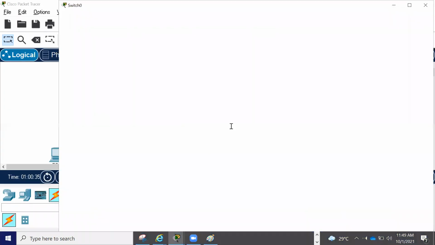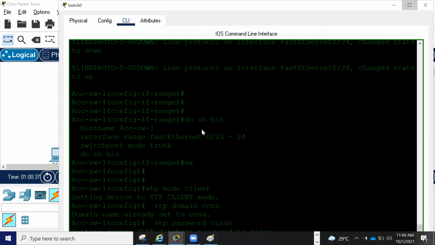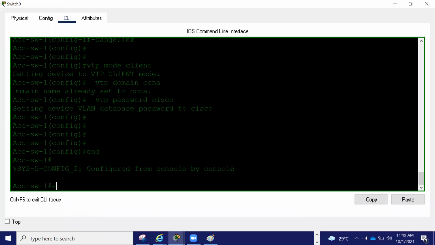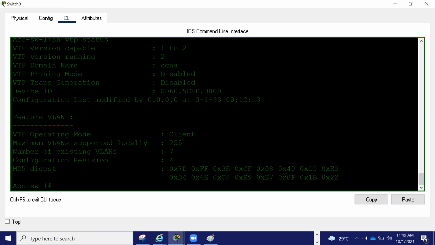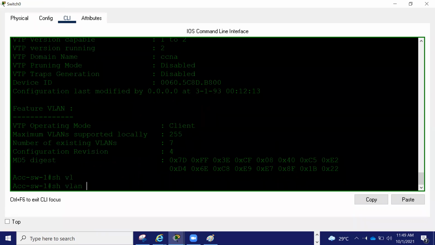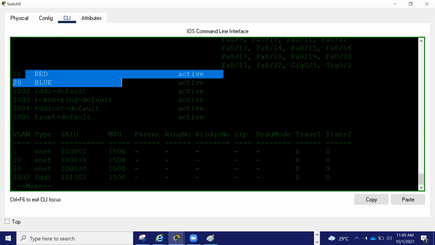If I check in the access switch, show VTP status, can you see 7 and 4? It means when I do show VLAN, I must see the red and blue VLANs there.